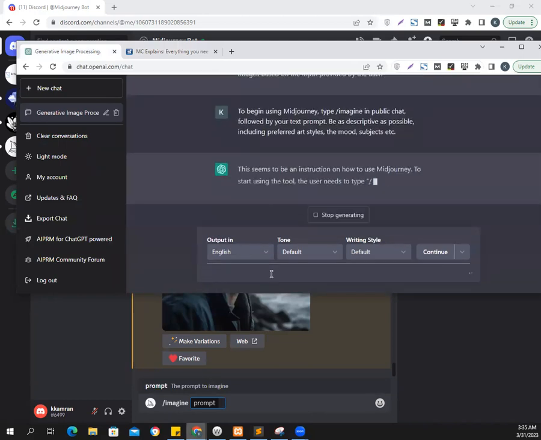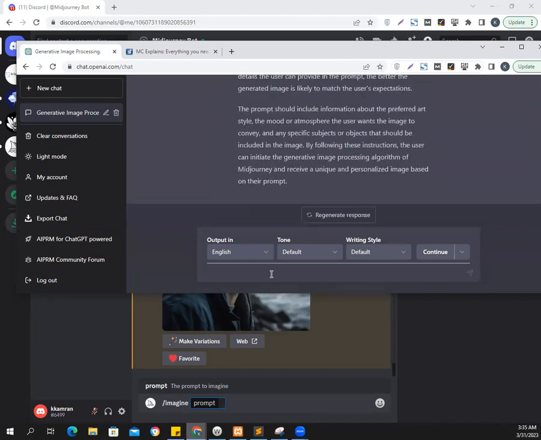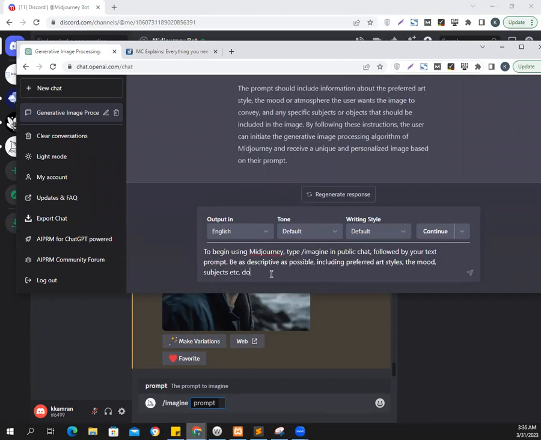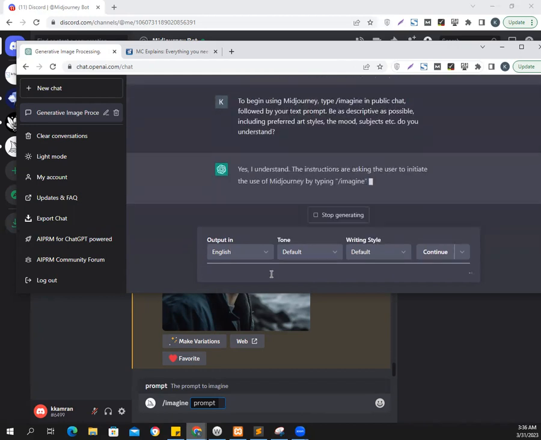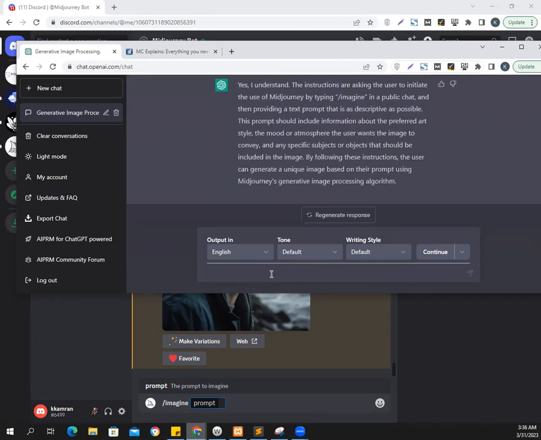Okay, so yeah. Let's ask it if it understands. Do you understand? So yes, it understands. The instructions are asking the user to initiate the use of MidJourney by typing /image imagine in a public chat and then providing a prompt. Anyways, so now we're going to ask ChatGPT to produce prompts for us